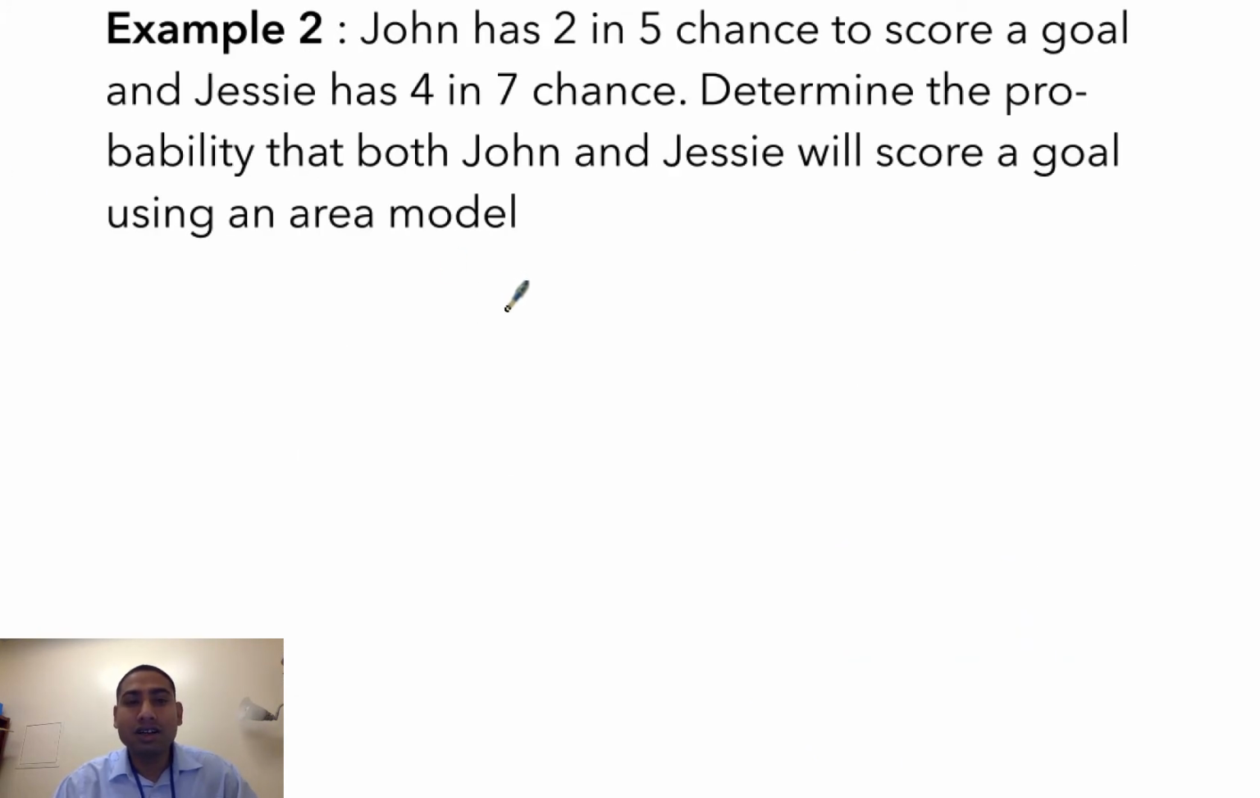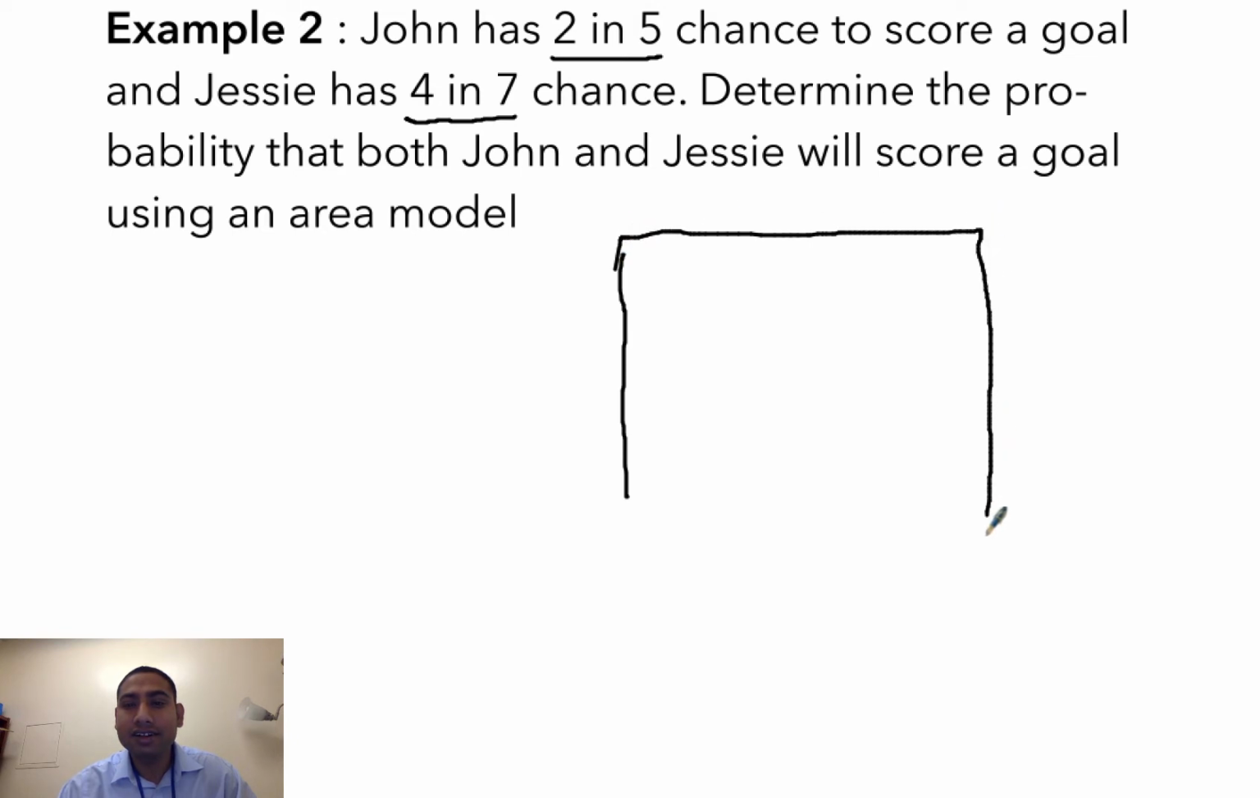So here we have 2 people, John and Jesse. John has 2 in 5 tens to score a goal, and Jesse has 4 in 7 tens. So these are the 2 events that this problem is talking about. And then we want to determine the probability that both John and Jesse will score a goal. Just like before, we're going to start by drawing a square or a rectangle. It doesn't really matter. And I pick one side for John, so let me pick this side for John